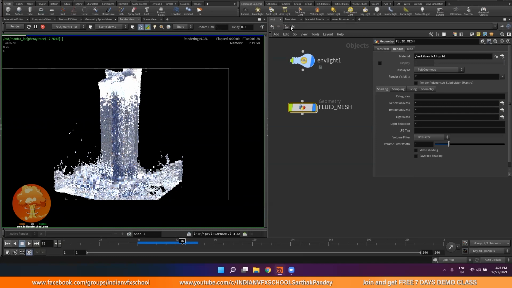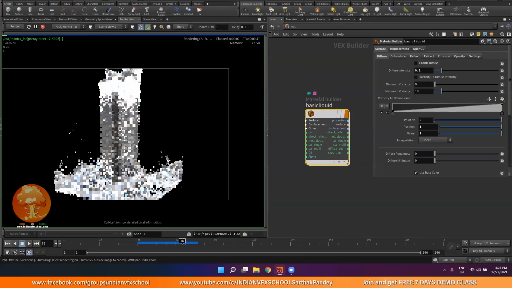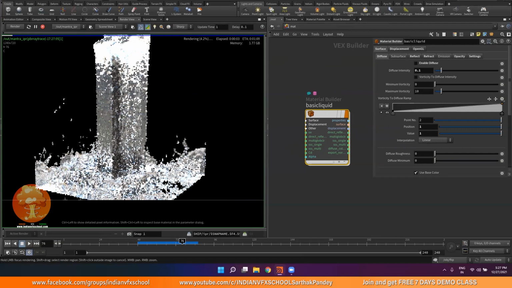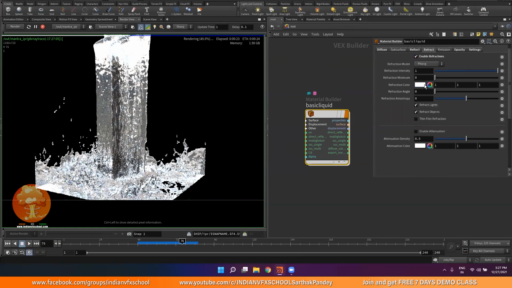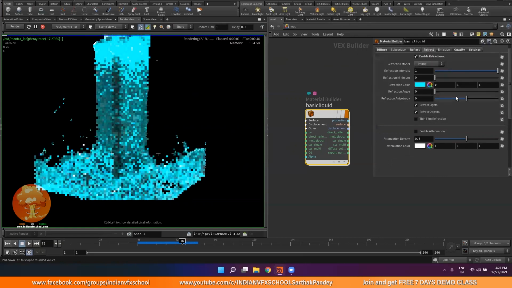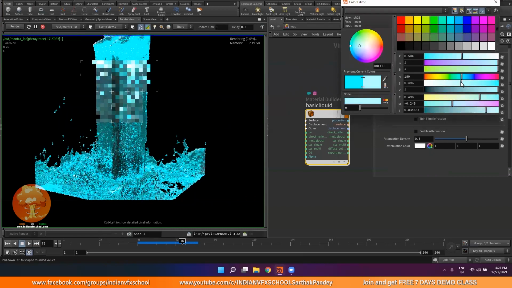If I go back into my material section, by default this liquid shader comes with some diffuse. We don't really want that, so I will click on this enable diffuse, and now we won't have any diffuse. Right now you can see it's very clear, and most of the time whenever we have some liquid, it always has some impurities built into it. That is something which gives it some color. Obviously you can do that by refraction. You can change the color of the refraction over here, and maybe desaturate it a bit. So you will have something like that.